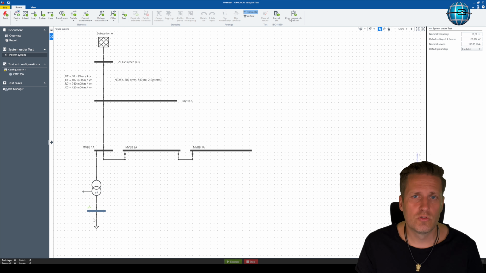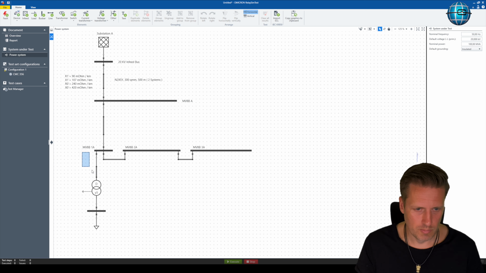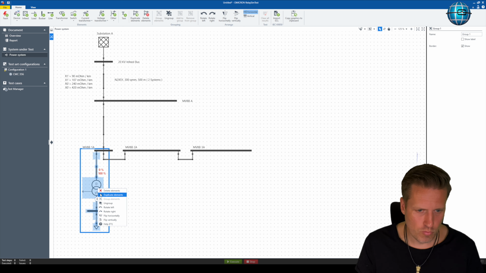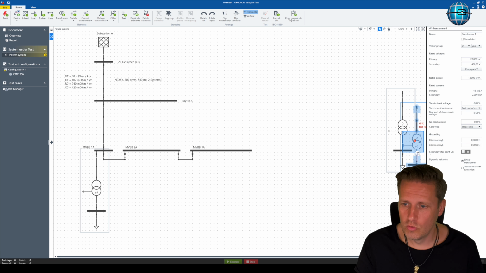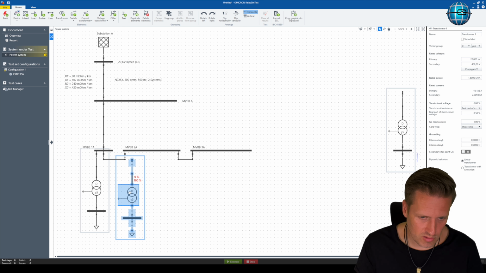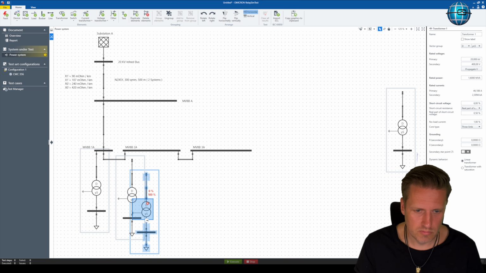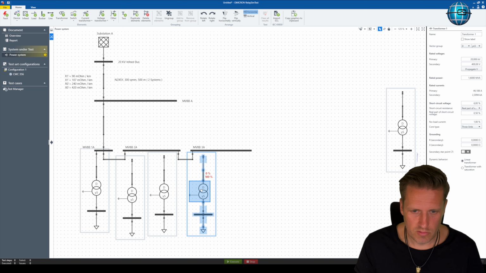Another great tool in this software is that we are able to group some grid elements. I'll show you this right now, and if you have grouped them, then you can use it every time you need it. You just put it somewhere and duplicate it again. So now let's put here another 2 loads to every bus bar,